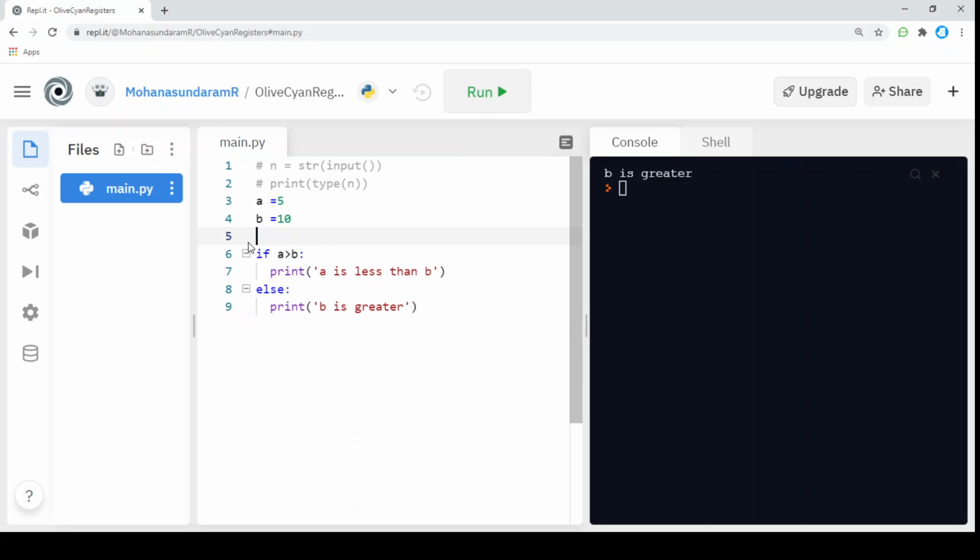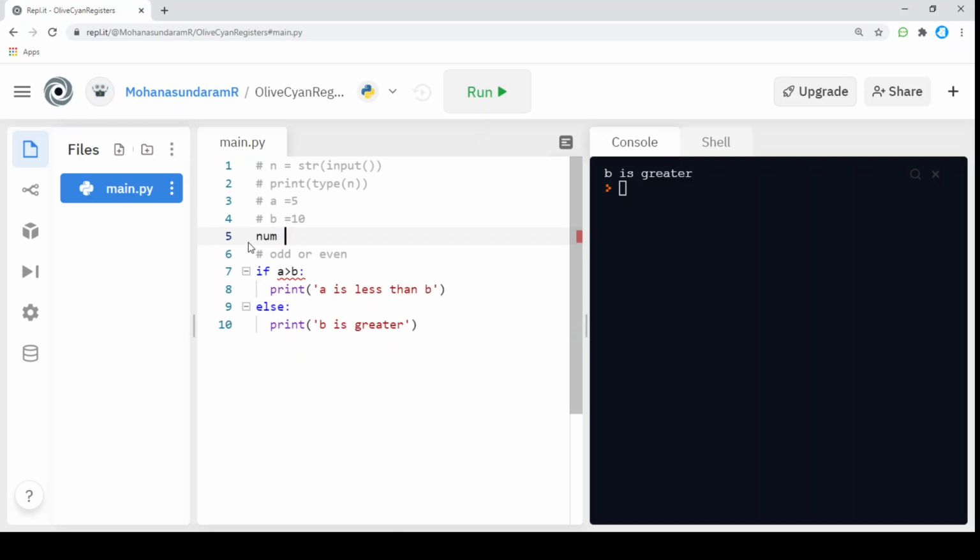Now I'm going to create a function to check whether the number is odd or even. This is a simple program to check whether the number is odd or even. For this, I'm going to get the input from the user.